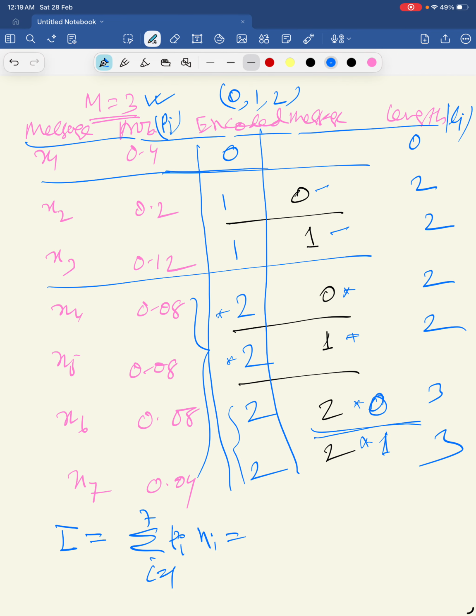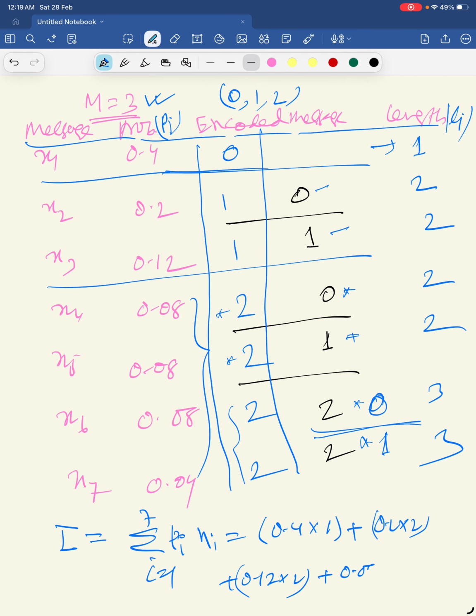That is 0.4 into, sorry, this should be 1, not 0. This is 1. Length is 1. So 0.4 into 1 plus 0.2 into 2, plus 0.12 into 2